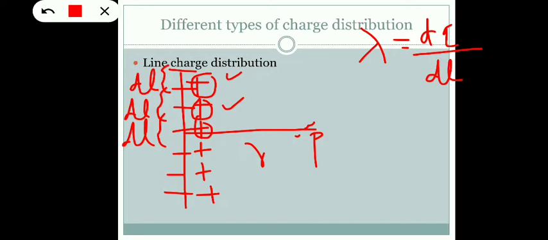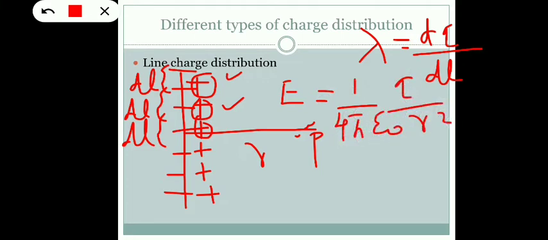And I told you this charge can be considered as the point charge now. And what is the formula to find out electric field intensity due to a point charge? Yes, equal to 1 by 4 pi epsilon naught q by r square. So here we can use this formula. But here, since the electric field produced by this charge is very small, we can consider this electric field as dE. So dE equal to 1 by 4 pi epsilon naught. And what is the charge contained in each segment? It's not Q, it's dQ. So dE equal to 1 by 4 pi epsilon naught dQ by r square. That will be the electric field produced by one single segment at the point P.